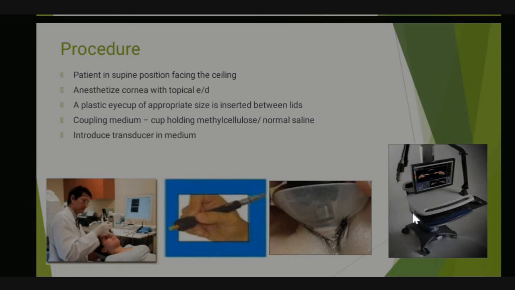You will be measuring corneal diameter before performing UBM? No, no. I'm just telling that the size of the cup depends on the corneal diameter. It should be greater than the corneal diameter. So we have 16 and 18, right? In microcornea we can use a 16 mm cup. In normal cases we mostly use an 18 mm cup.